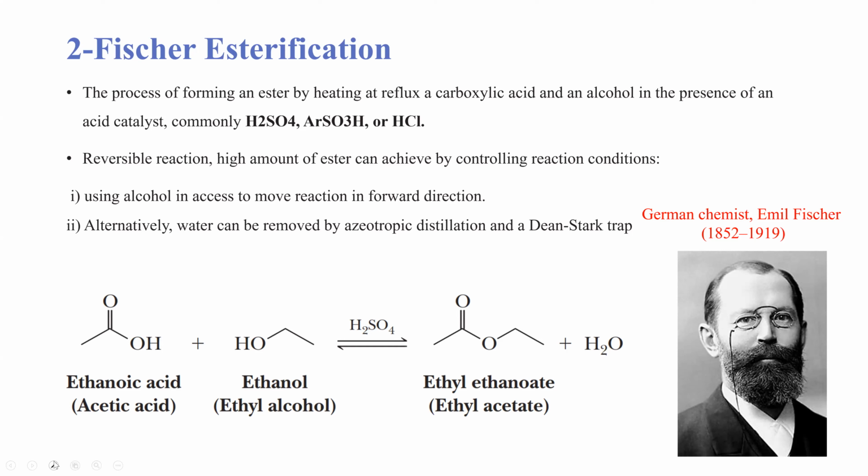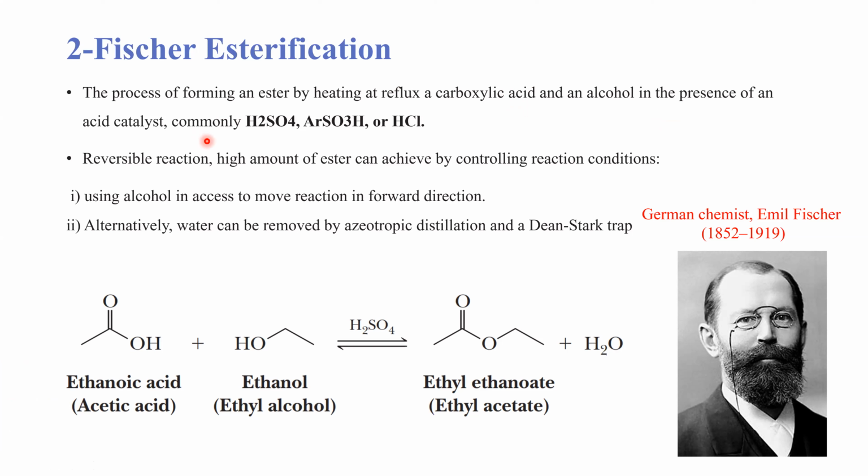So the process is forming an ester by heating at reflux a carboxylic acid and alcohol in the presence of an acid catalyst. And the acid catalysts we can use are sulfuric acid, HCl, or any of the aromatic sulfonic acids. These are the three most desirable acids for the esterification of